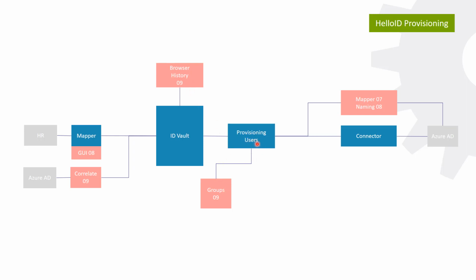Now you can set entitlements to users. I just showed you that for the Azure user account, but then you can also do it for groups. That's also part of September. You can also retry actions. That also will be in September, and I think this is going to be one of the bigger changes that